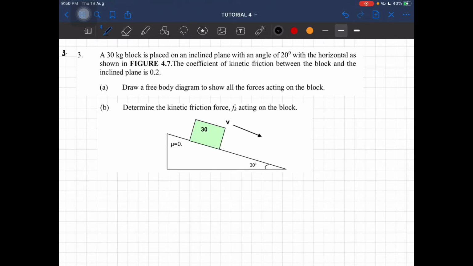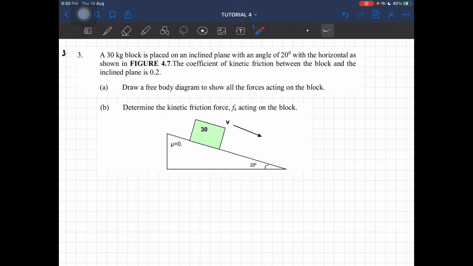Alright everyone, question number 3. A 30 kilogram block is placed on an inclined plane with an angle of 20 degrees with the horizontal. The coefficient of kinetic friction between the block and the inclined plane is 0.2. Draw a free body diagram to show all the forces acting on the block and determine the kinetic friction force